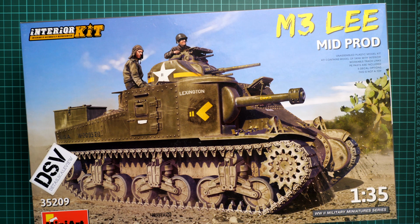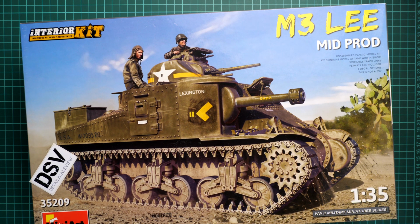Hello everyone, today we have a new video review, and as you can see, this time we are going to talk about a fresh release from Miniart. This is an M3 mid-production kit in 1/35 scale, and you can notice that this is an interior kit, so it means you'll also get some internal features included, and basically this model is detailed inside out, and that might be